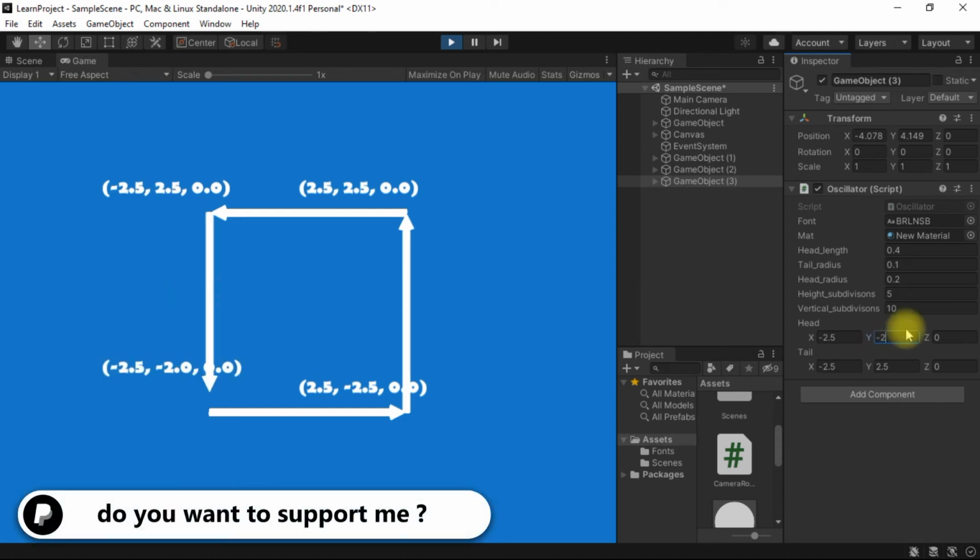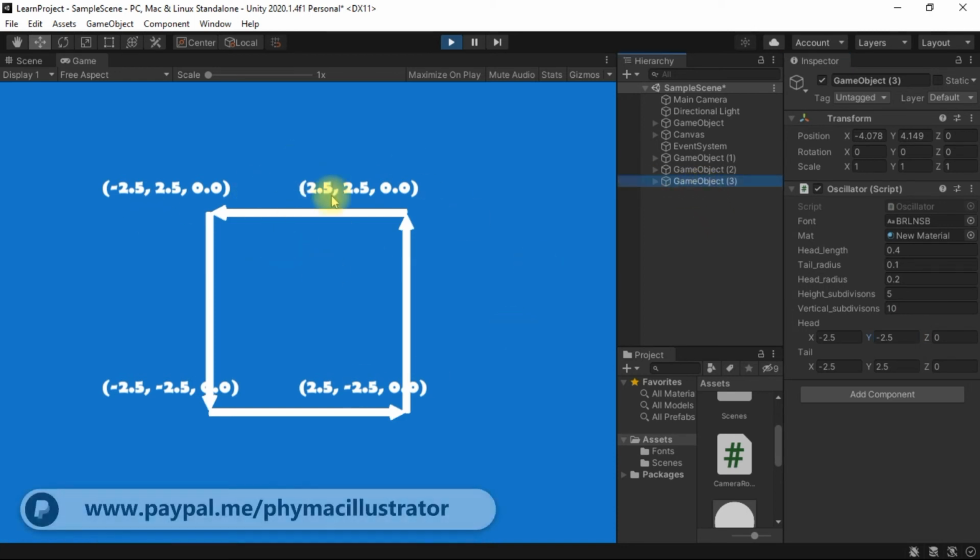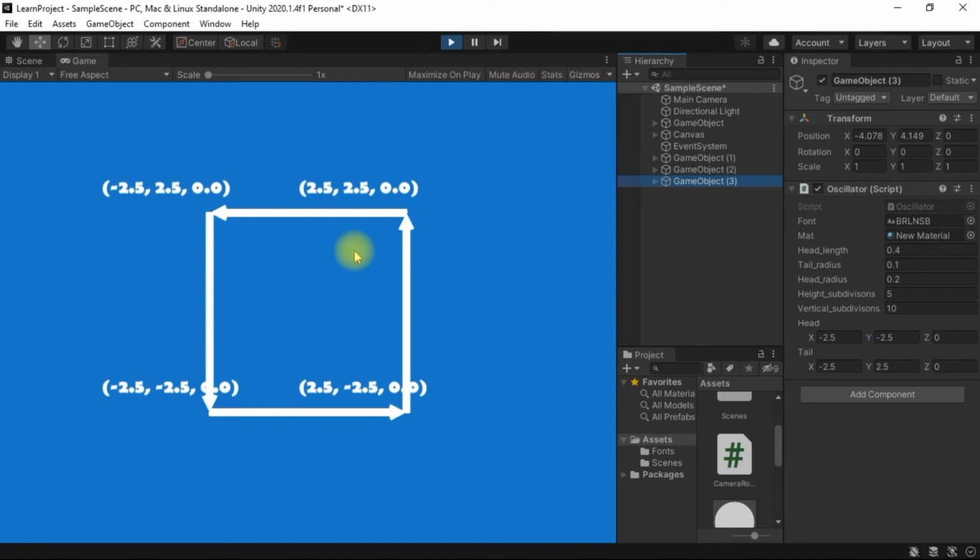Okay, now here we have a very nice quad. Now you can see that every vertex is represented with the help of three variables, and that is called a vector, right? This is what you have to learn, and everything is manipulated with the help of these three variables, called a vector. And you can also learn about the cross product and dot product from the book I have recommended to you. And now let's duplicate all these vectors.